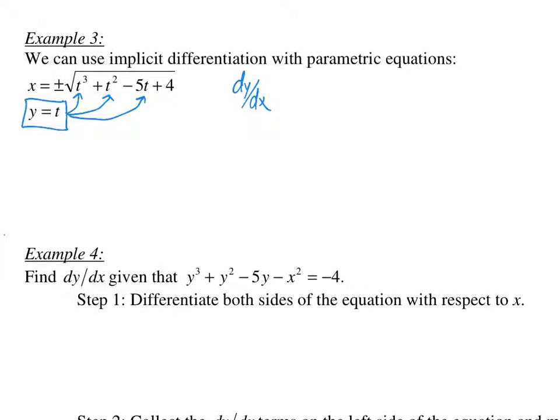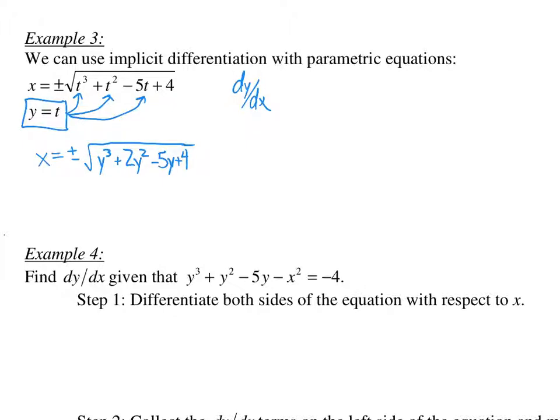Okay, but notice here I'm going to do x equals plus or minus the square root of y cubed plus 2y squared minus 5y plus 4. Okay. And now if I want to find dy dx, okay,